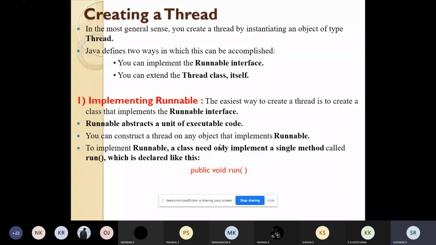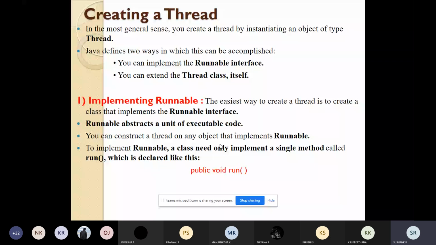Inside the run method, I will write the code which will constitute the new thread. The run method can call other methods, it can use other classes, or it can be used to declare variables, just like the main thread.